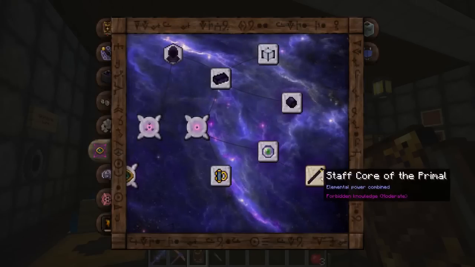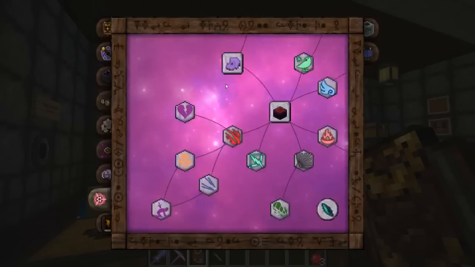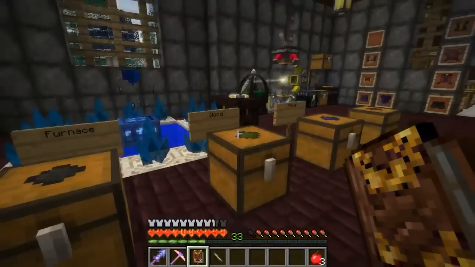I think, maybe, did I need the Staff Core of the Primal? I don't remember, but that's okay. Pretty much if you get up to your Eldritch tab, you're going to have Kami opened up, because it is endgame material, okay? We need 32 Humanus, 32 Lux, and 64 Spiritus. And surprisingly enough, its instability level is only high. I think this would be dangerous, but